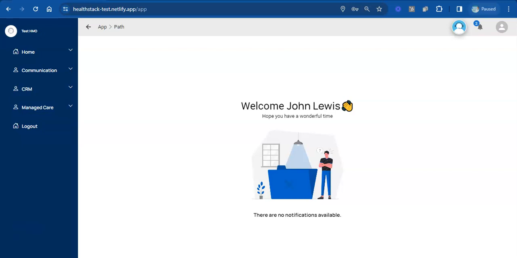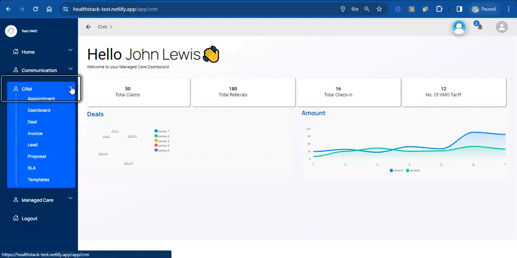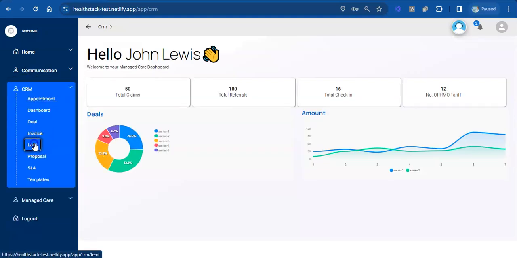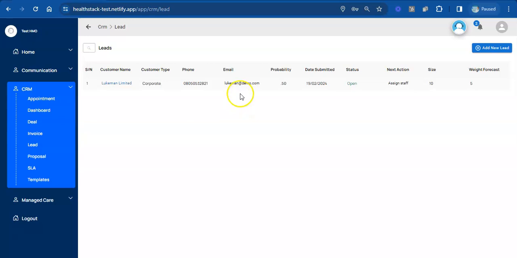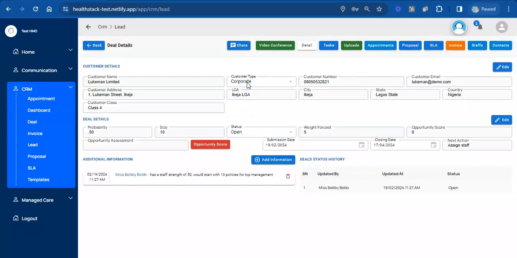Hi, in our previous video, we created a lead called Lookman Limited, and we are about to assign it to a sales officer called Karen. I am logged in as the sales team lead called Lewis. So now we are in the lead record detail, and before then,